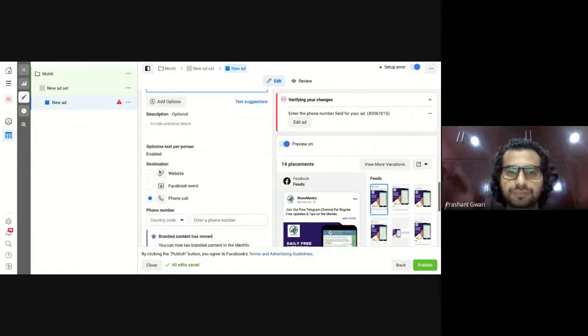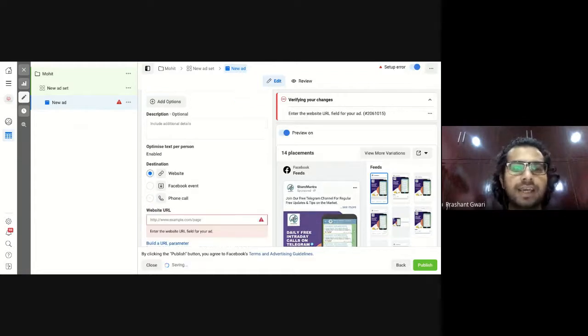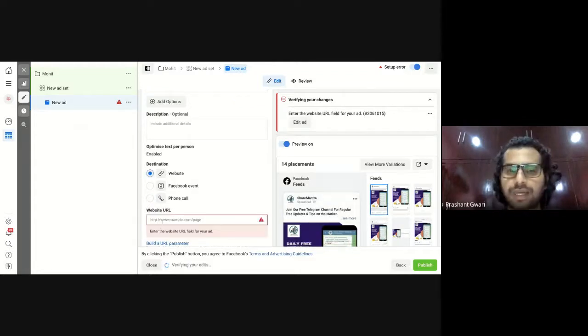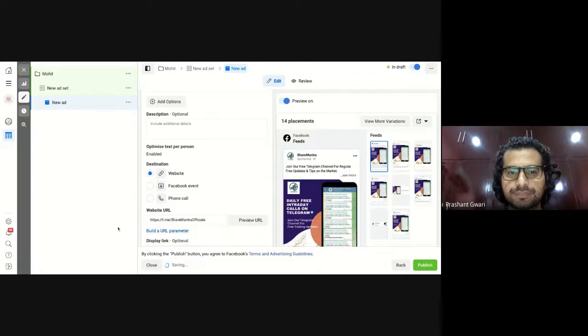Now, obviously, you want them to visit your website. So you click on the website option and type the link of the website. So I will copy the link of the Telegram channel and I will paste the link here on the website button like this. Now, this is the link where I want them to be sent after clicking the advertisement.